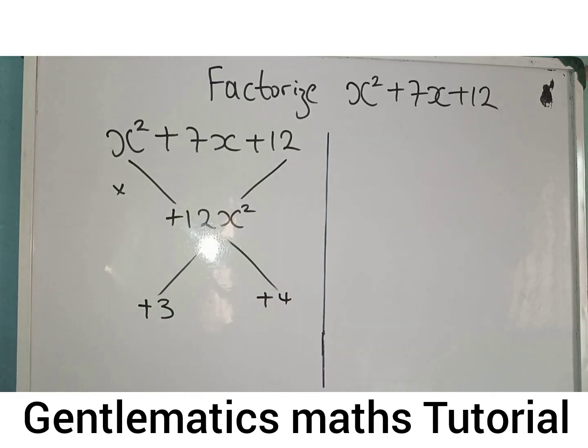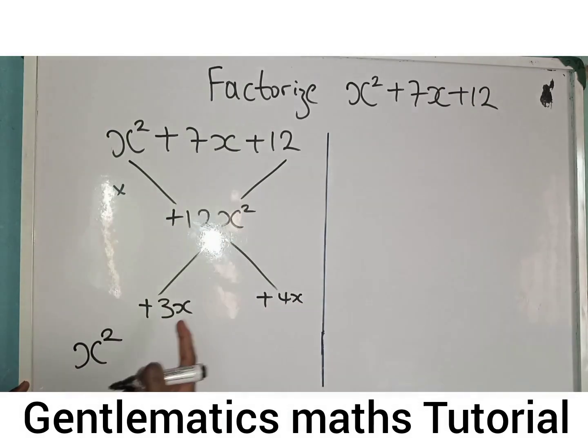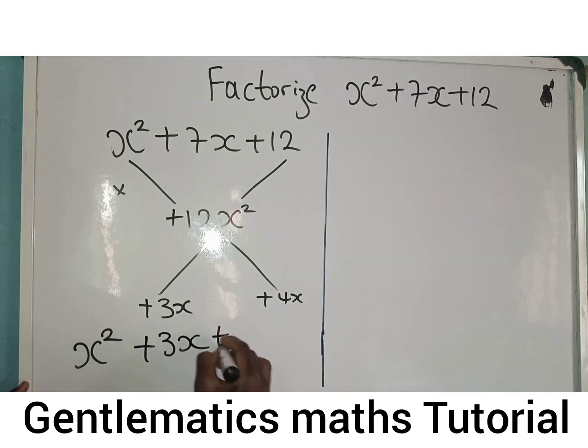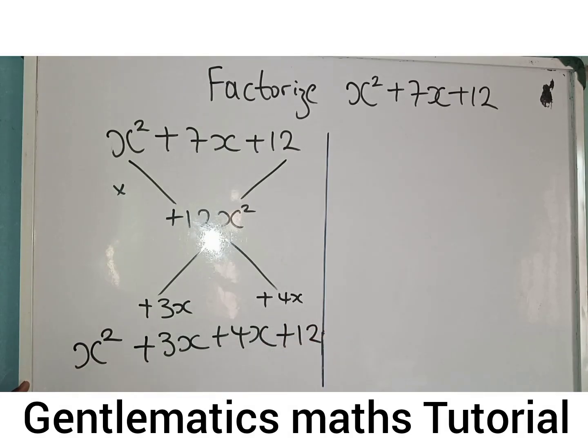So now you can write this equation. You can add your x here since we are dealing with x. To write this equation, you now have x squared. Instead of writing this 7x, you write the two factors we got, which are 3x and 4x. And you now complete it with plus 12. So finally, not finally actually, you now check for these first two,